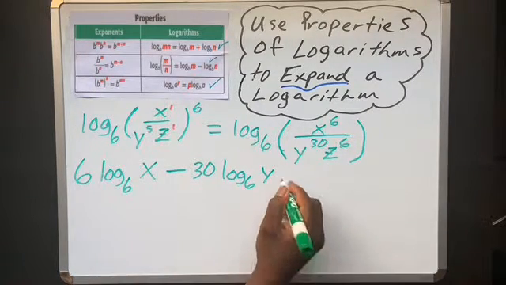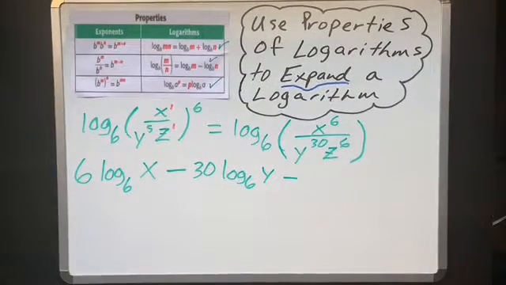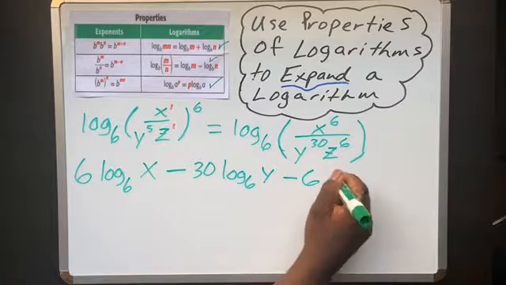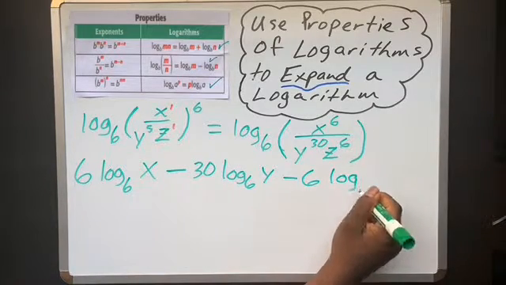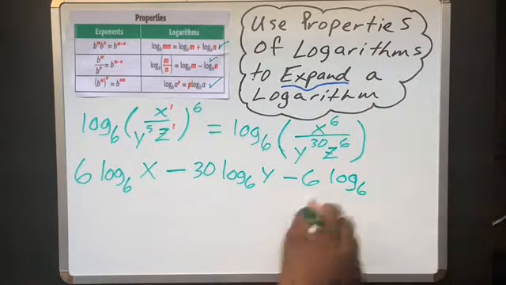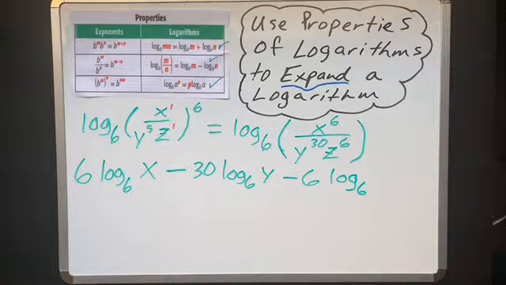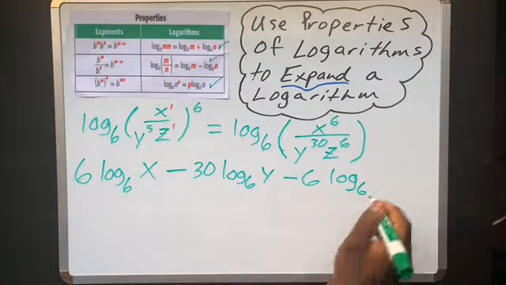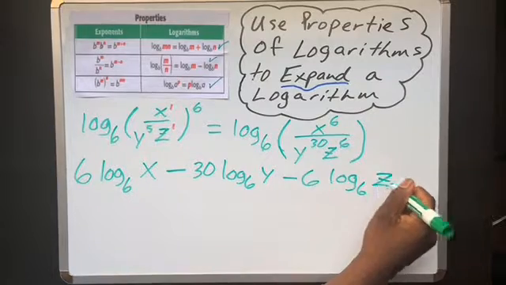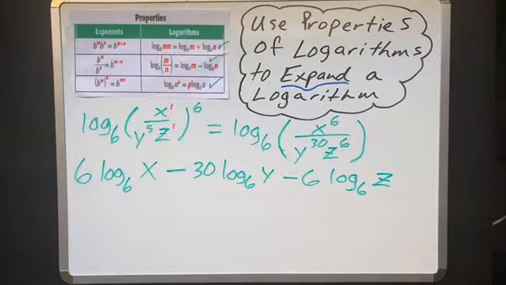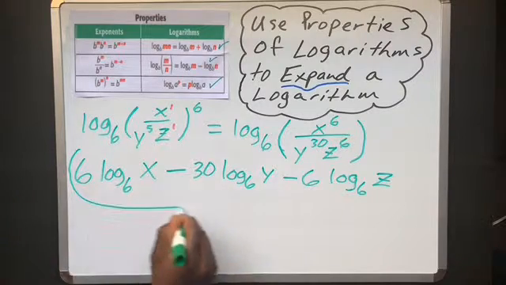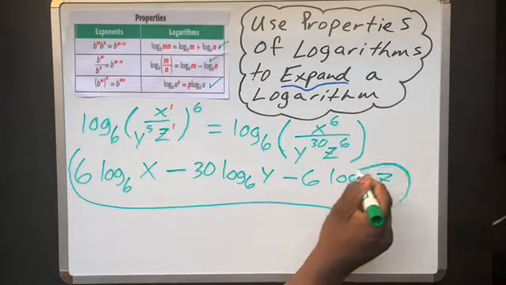So then minus 6 times log base 6 of what? Z. All right. Looking pretty good. So this is our final expanded form